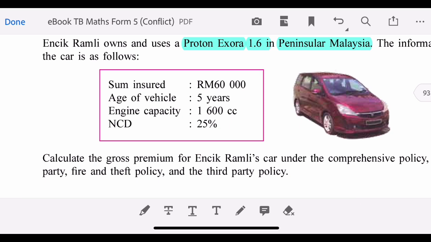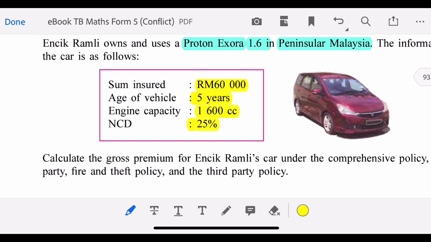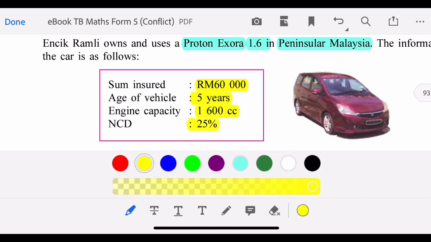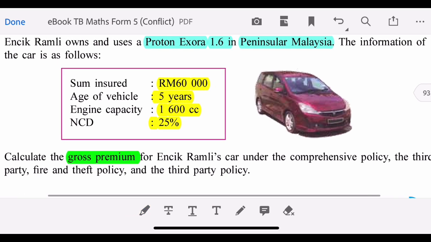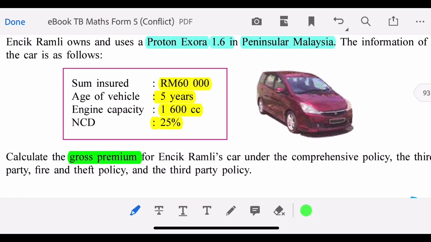The sum insured is 60,000, and the age of the vehicle is 5 years. Engine capacity is 1,600. NCD is 25%. So you must know how to calculate the gross premium for Encik Ramli's car under the comprehensive policy,